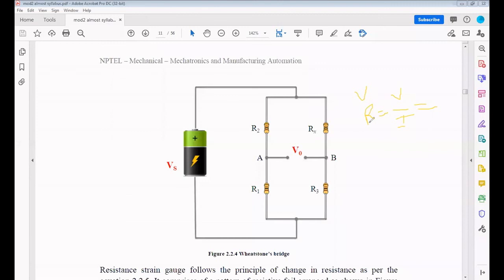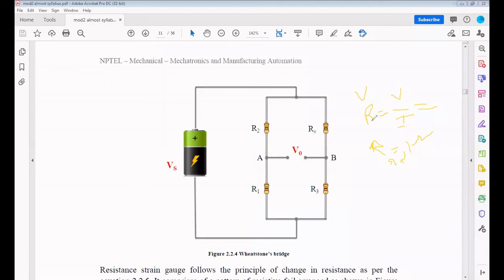So especially for a small resistance, suppose we need to find out 1 ohm resistance, or less than 1 ohm. A loss of 0.1 ohm is also a very huge loss for 1 ohm. Because of that, we need to find exactly accurate resistance in any material, especially in industries. Because of that, here we are taking the Wheatstone bridge.